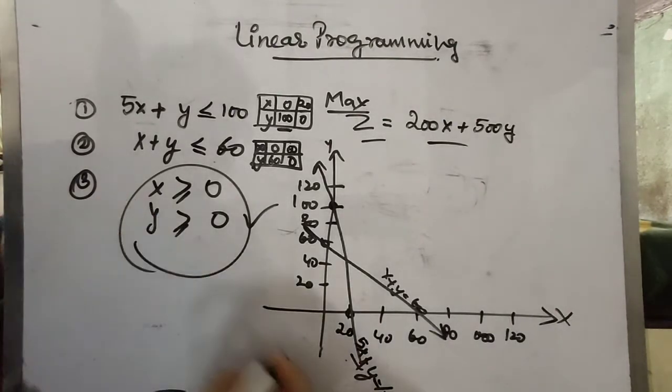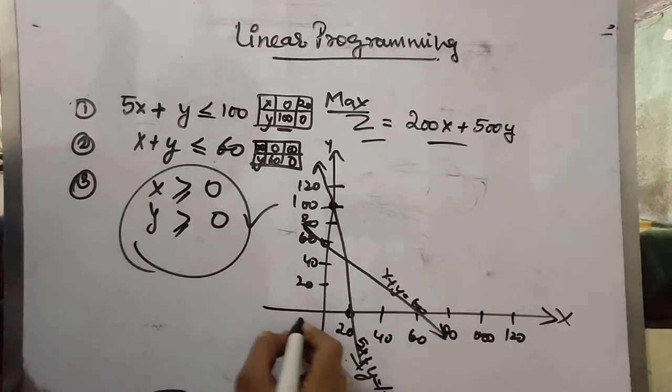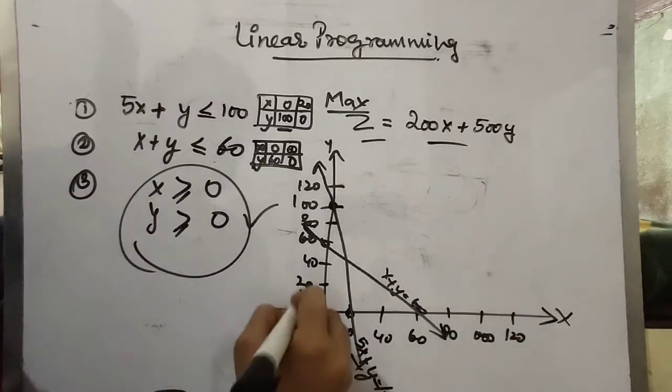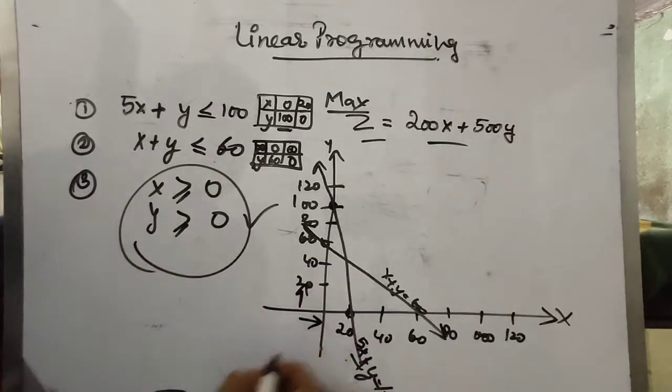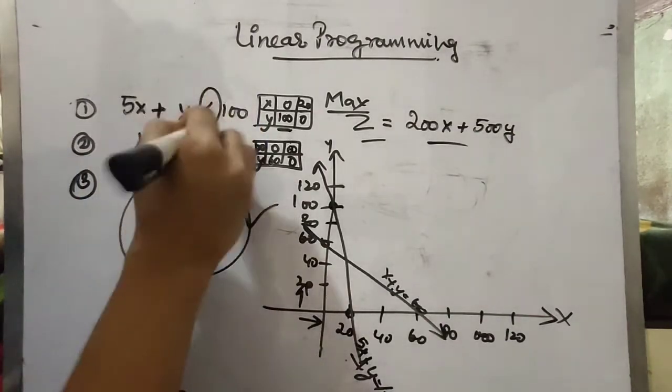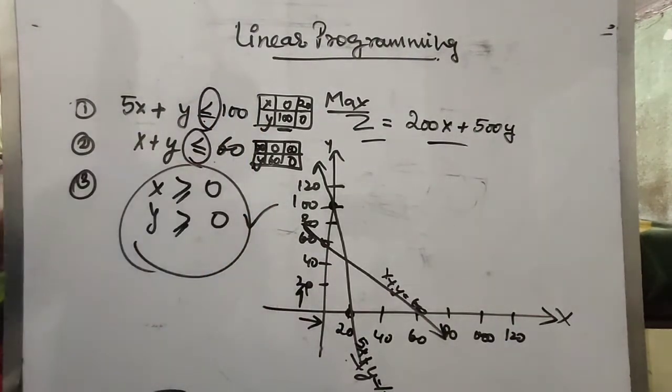Now, as we know, our two other conditions are x greater than or equal to 0 and y greater than or equal to 0. So you need not even focus on plotting these two. Now, in order to check the region that satisfies the equation, what do we mean by region? Region here simply means that whenever you have a less than or greater than sign, we have to find a particular region that satisfies the equation. For that, we have a very simple way.